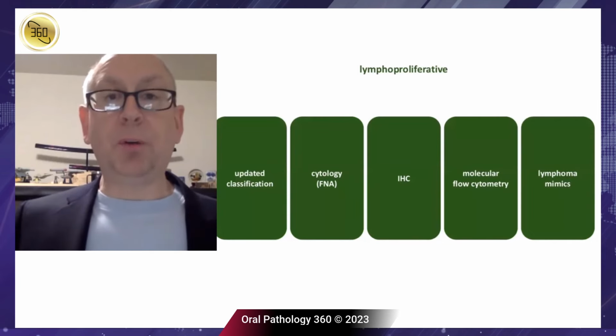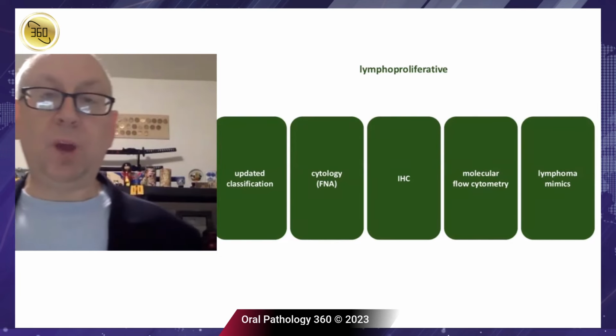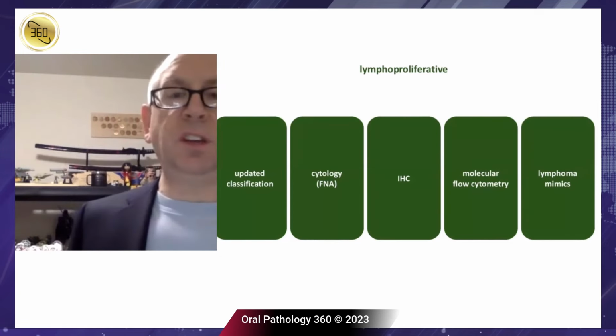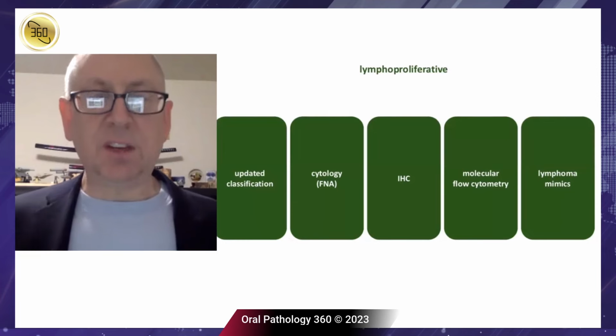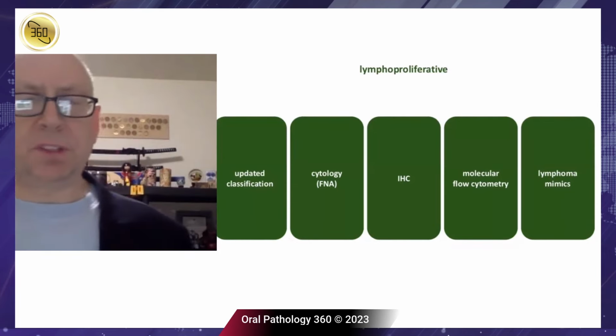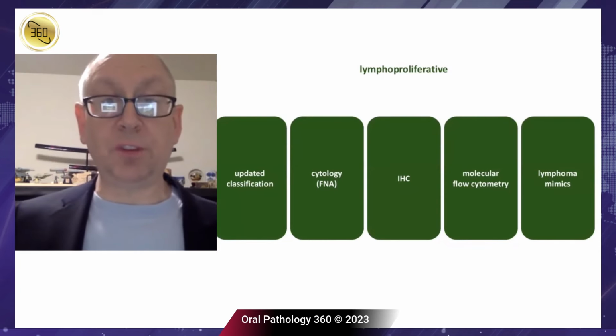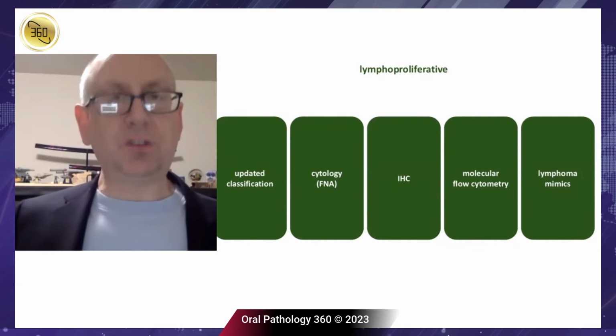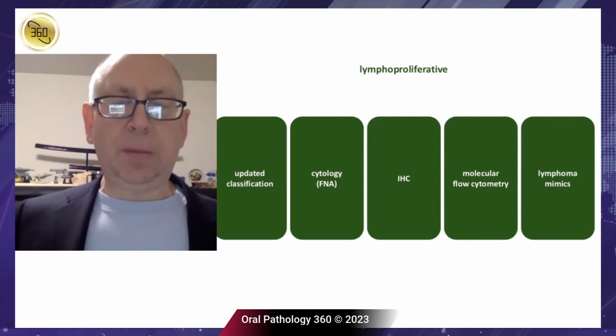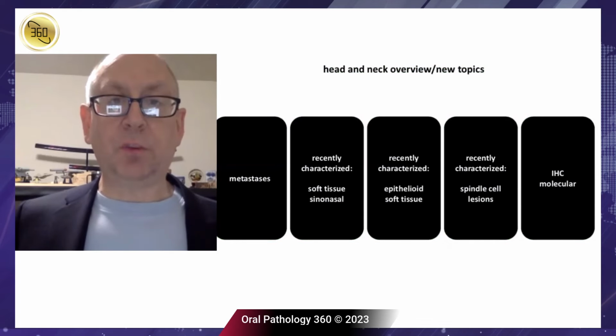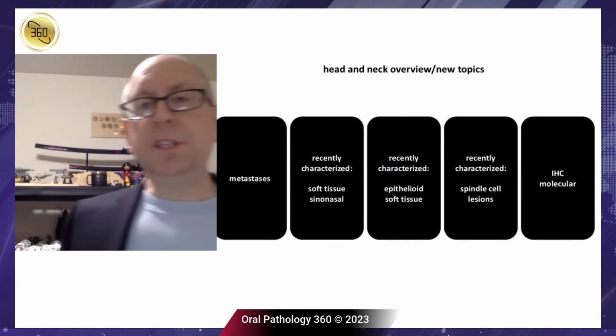And this is probably one of the most rapidly changing areas as well. And oftentimes it's in our best interest to seek assistance from our hematopathologists, because there's a lot of genetics behind this. There's a lot of immunohistochemistry behind this. There's flow cytometry, and that actually strongly affects the management of these individuals. And then I think we always need to be on the lookout.